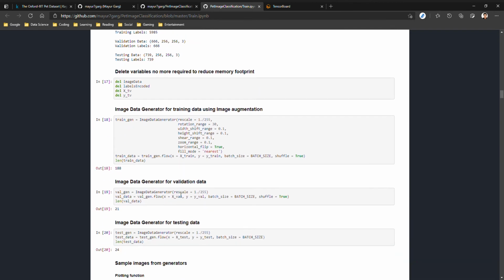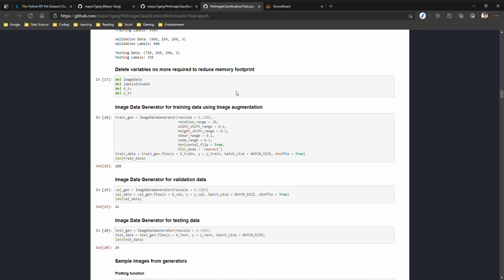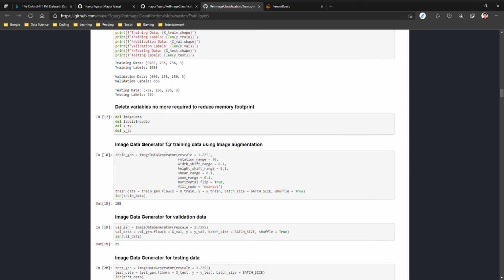To prevent the model from overfitting on the training images, we use Keras image data generator for image augmentation. Firstly, we rescale all the images by 255 to make sure that all the image data is between 0 and 1. Then we use the image data generator to randomly rotate the training images by up to 30 degrees, shift the images across width and height by up to 10%, zoom or shear the images by up to 10%, and occasionally horizontally flip the images.